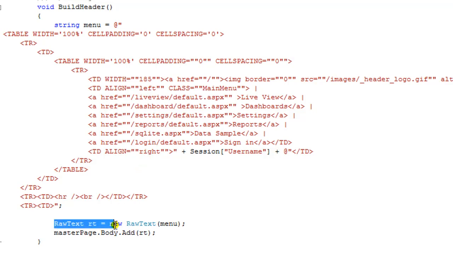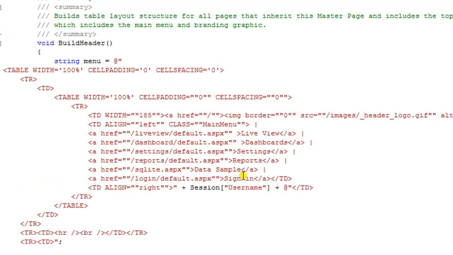This raw text is part of the OpenNetCF structure, and I will add this string to this raw text, and this raw text I'm going to add to this master page's body, and this is done by the Padarn utilities here. So all I'm saying is, hey, add this raw text to the body of this master page. And then after that,